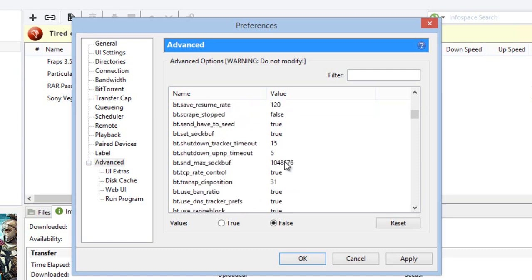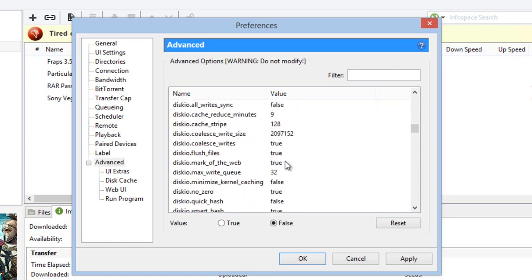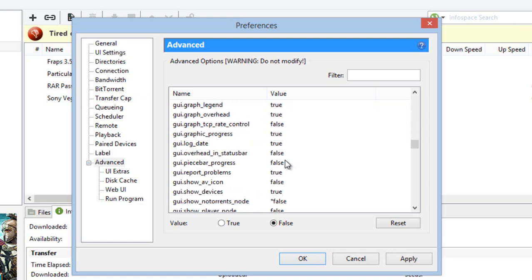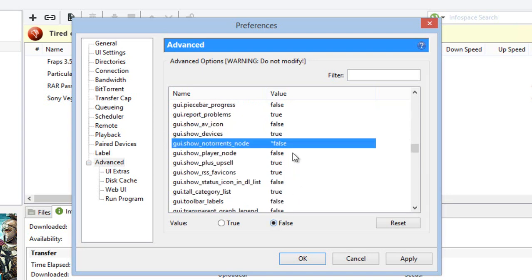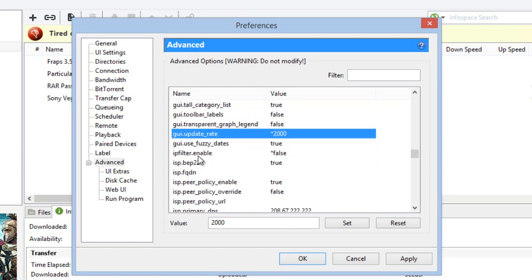Scroll down till you see GUI show no torrents node, set to false. Then go down to GUI update rate and set it to 2000.